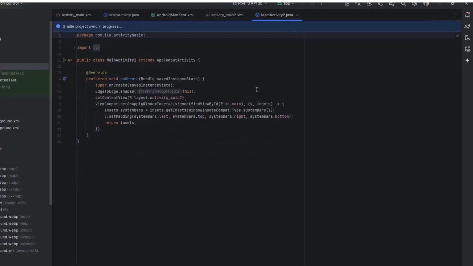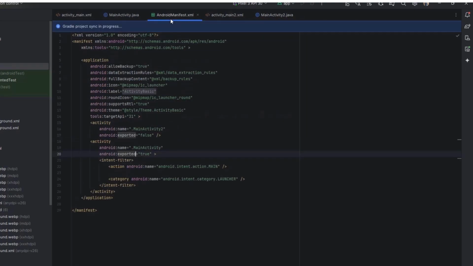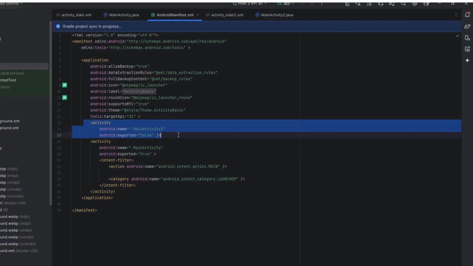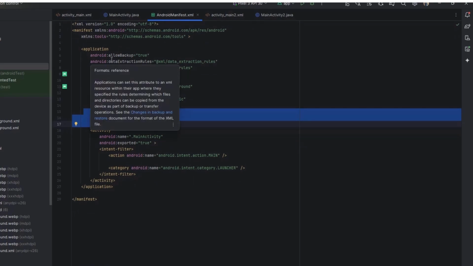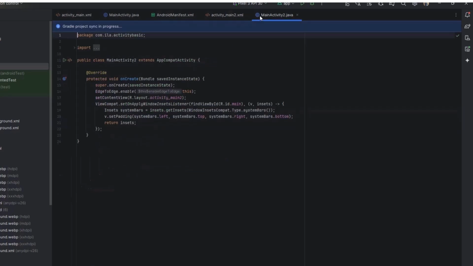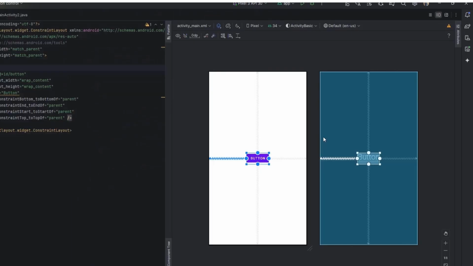you can see that I have created another activity. And when you get into the Android manifest file, you can see that my activity is automatically added here, and you can see the Gradle project sync. So basically it will do all the stuff that you want to do for you, and it will make it hassle-free. So now let's test our application once, and see if it's working